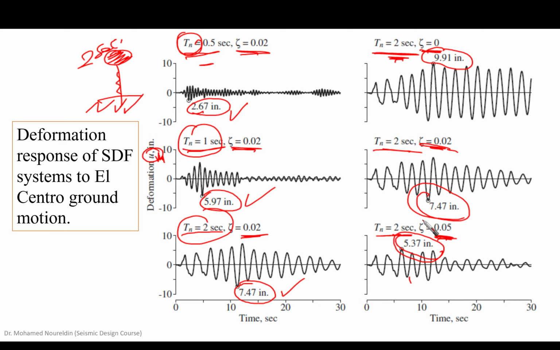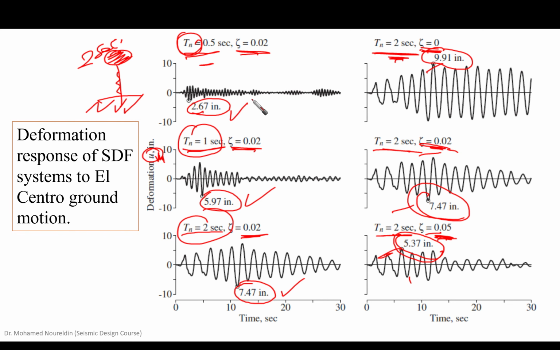inch. Okay, this means what? The deformation is decreasing every time. So with the increase of the damping ratio, there is a decrease in the displacement. Okay, that's a very important issue. So increasing the natural period is increasing the displacement or the response, but increasing the damping ratio would decrease the response of the structure. Okay, that's one thing that is important for us, and this cannot be understood unless we know the time